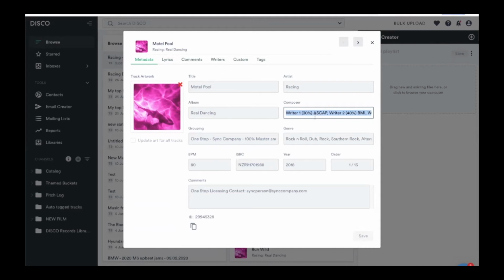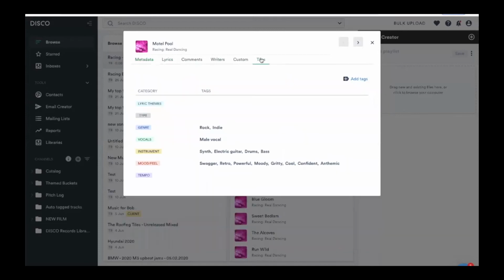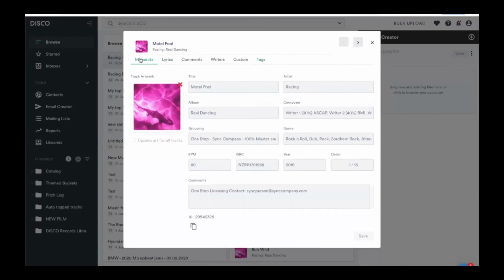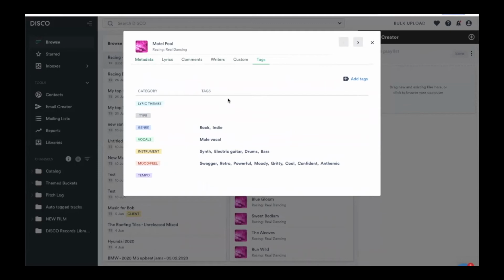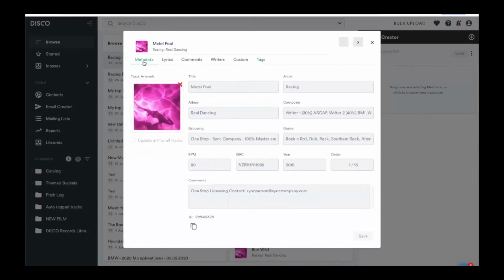With the tagging side of things, if I'm a music supervisor and I use Disco and I receive your track and it's got those tags in them, I'm going to have them in my account too, both on the metadata tab there where you are, but also if I'm not using Disco for whatever crazy reason and I download the track, you can have it so that any tag travels with the track either in the comments field or where Tim's got it here in the genre area. Yeah, all these fields. This is all read by iTunes and any other metadata reader.